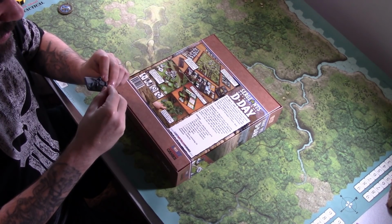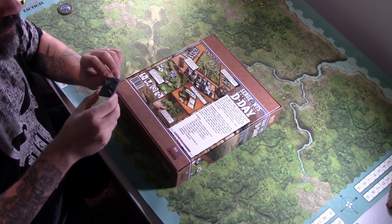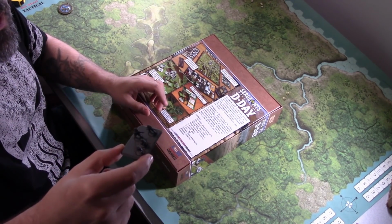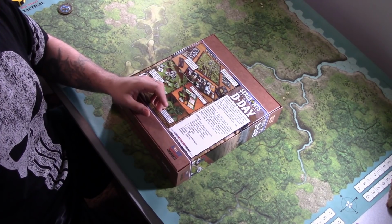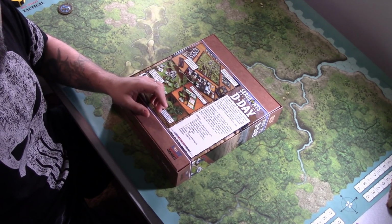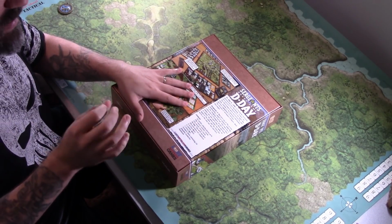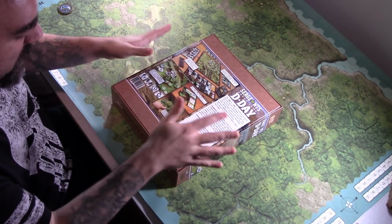Oh, I broke his gun. Dang it. But I do have some Flames of War 15s. Those are kind of small, so I could probably take those and put those on in place of the cardboard if I really, really want to get some miniatures. Okay, so anyway,